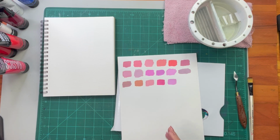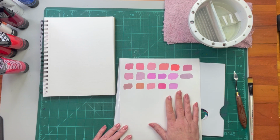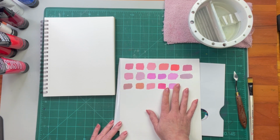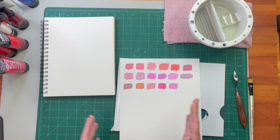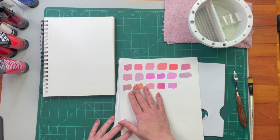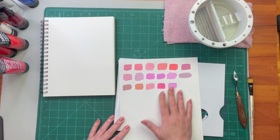Hi everybody. So today we're going to continue with our color mixing, and today's color is pink. And I know pink is easy to get. You just mix red with white, you get pink. But there are so many different variations of pink and so many